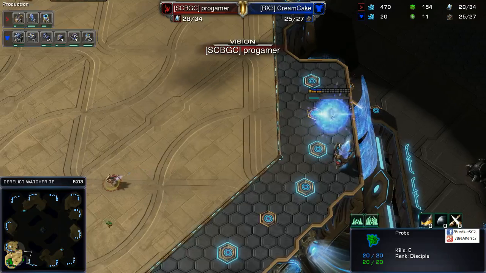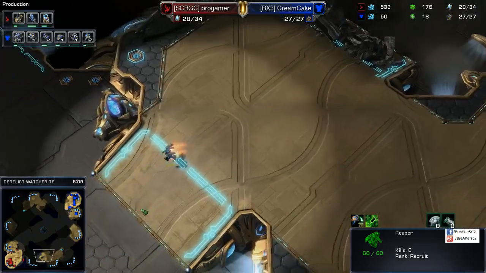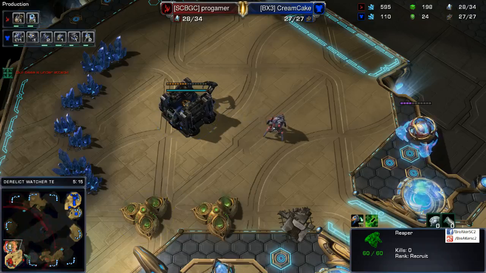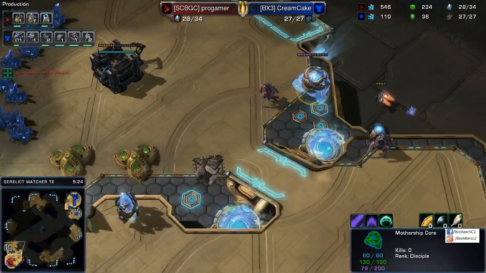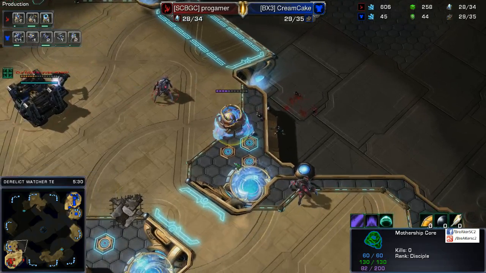He's meaning to hide his tech right here, if you will. But all we have to see from CreamCake is really throw that Reaper into the main, and he'll see everything. And that's one reason why we have the Mothership Core just kind of not there right now. It's actually hovering over here at the natural, and these two Stalkers forbid the Reaper from knowing,